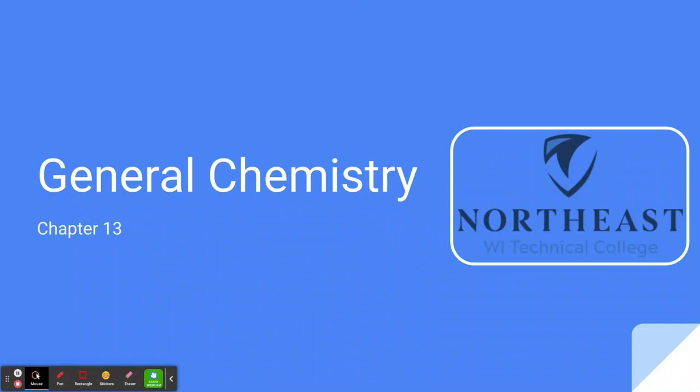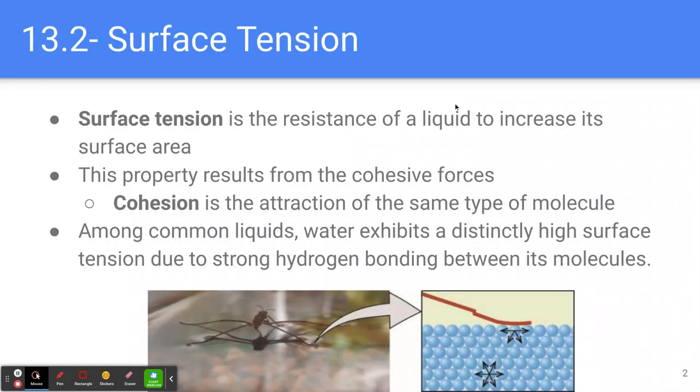And these properties are different based on what type of liquid we have because of the molecules that we have. So the first property of liquids would be called surface tension. And surface tension is that resistance of a liquid to increase its surface area. So if we think about water, for example, water has a fairly high surface tension. If you look at the water bug down there at the bottom, that water bug is able to stand on the water because water has high surface tension, meaning that the surface of that water does not want to change